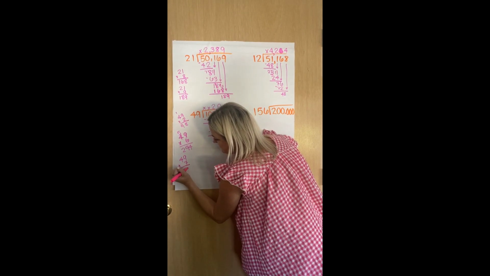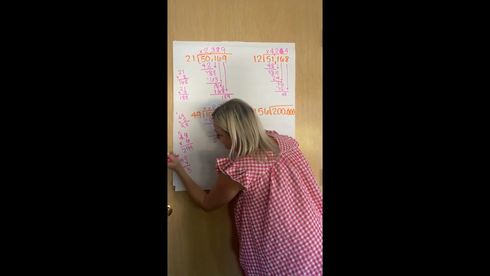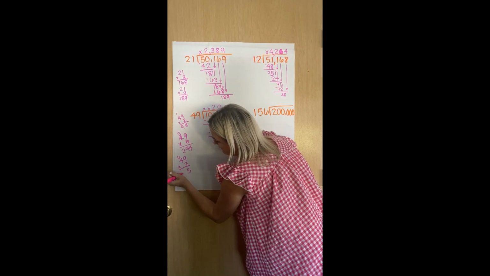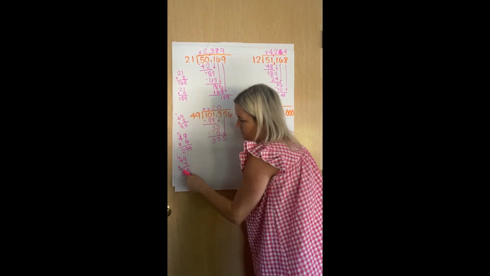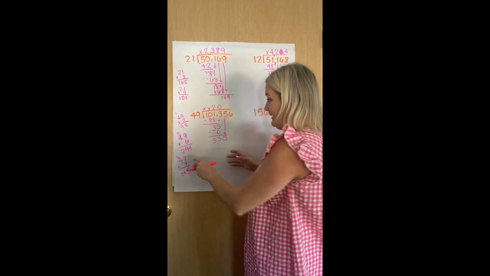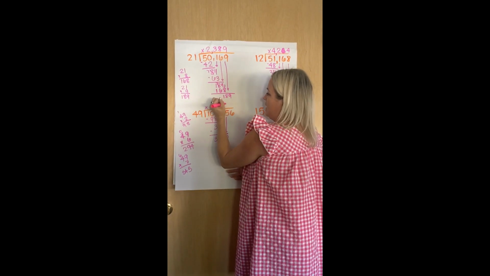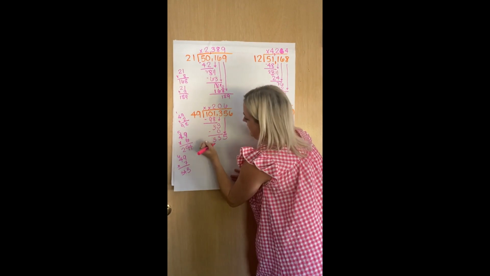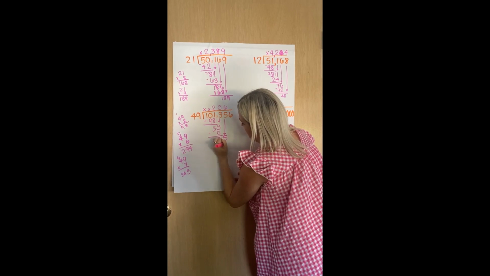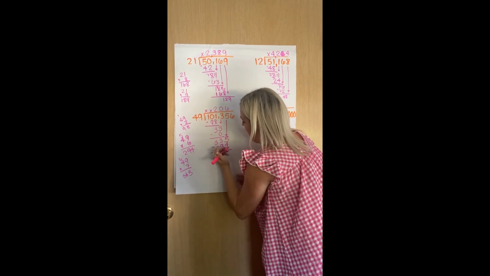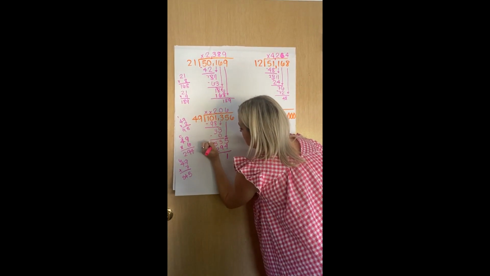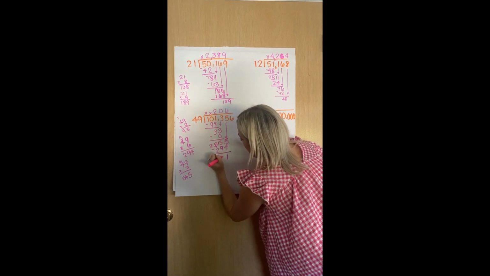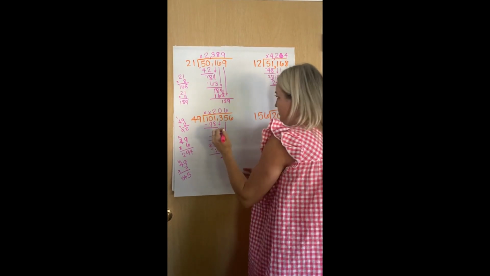Can go up a little higher and try 49 times 7. 9 times 7 is 63. That would be 343. So that's too high. So it is going to be 6. I was right. So I'm going to put my 6 up here. 6 times 49 is 294. I'm going to subtract. 5 minus 4 is 1. 13 minus 9 is 4. And I'm going to bring down